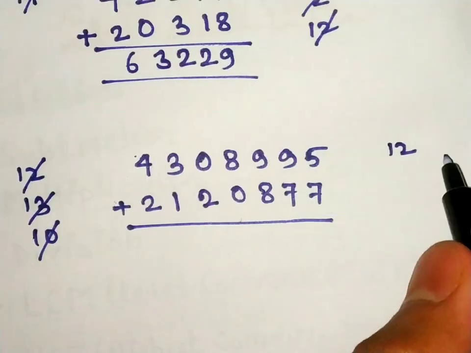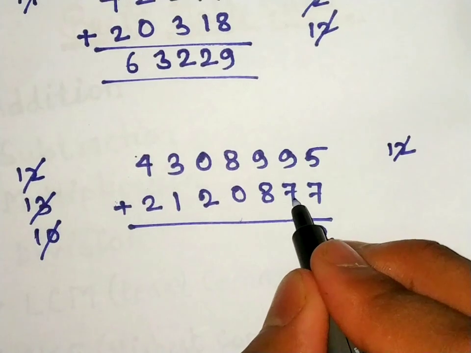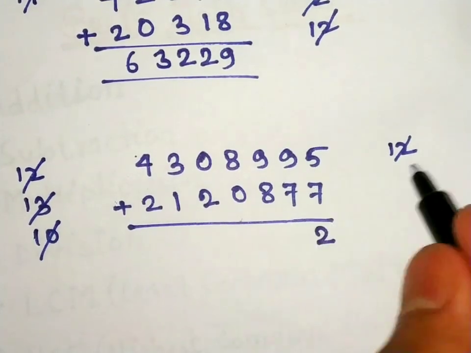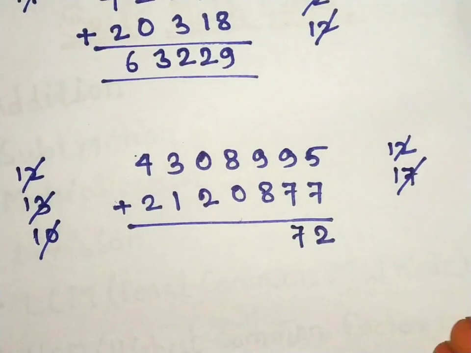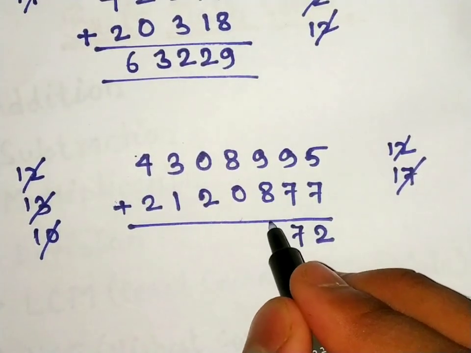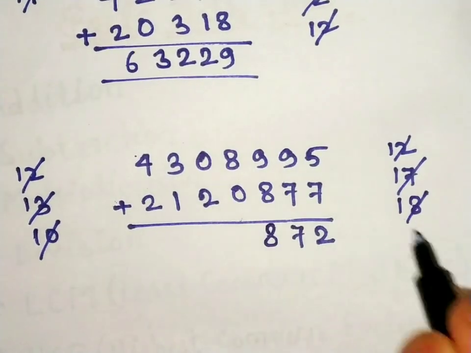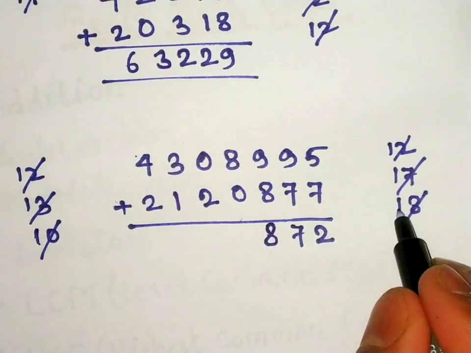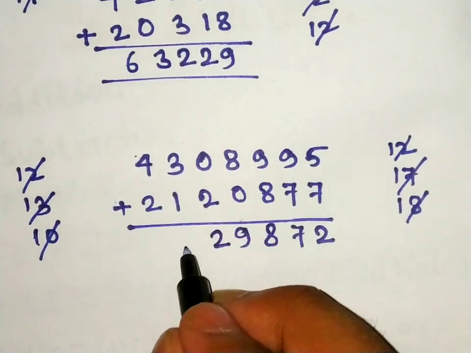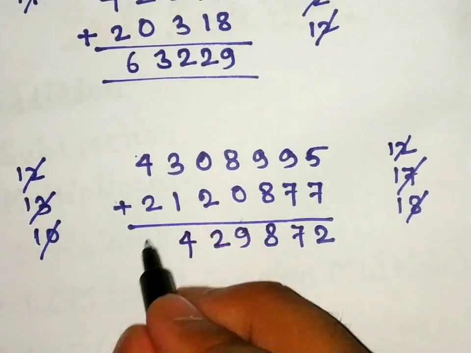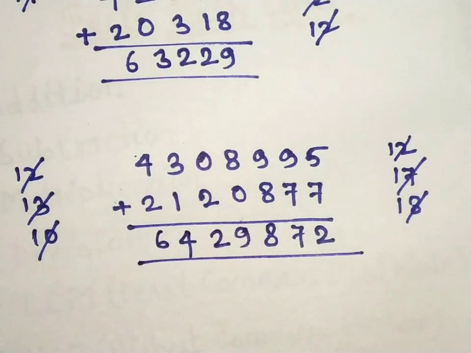Take the first letter 2 and left 1 carry. 9 plus 7 will be 16. 16 with 1 carry is 17. 17 here, write down 7 and left 1 carry. 8 plus 9 will be 17, with 1 carry 18. Put 8 here with carry 1. 8 plus 0 is 8, with 1 carry 9. There is no carry. 0 plus 2 will be 2, no carry. 3 plus 1 will be 4. Still no carry. 4 plus 2 is 6. Still there is no carry. So simply add. Okay,